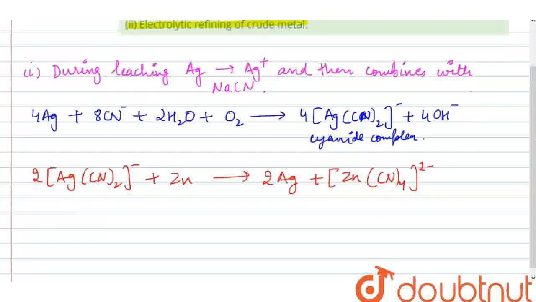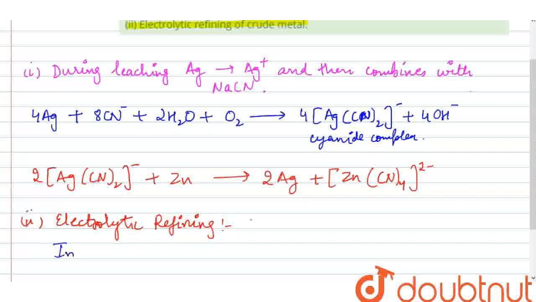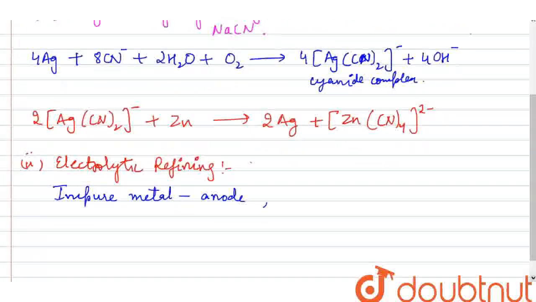Second is electrolytic refining of a crude metal. In electrolytic refining, there is an impure metal rod. The impure metal is made the anode, and the pure metal of the same kind which is to be extracted is made the cathode. If I am extracting copper, I'll take a pure copper strip and make it the cathode, right? And the electrolyte here will be